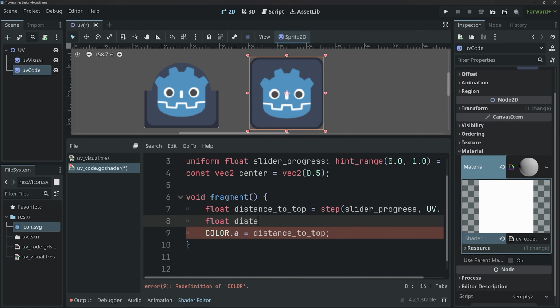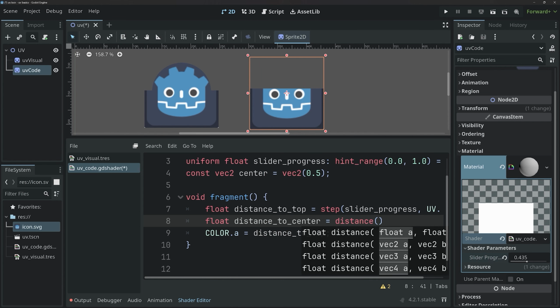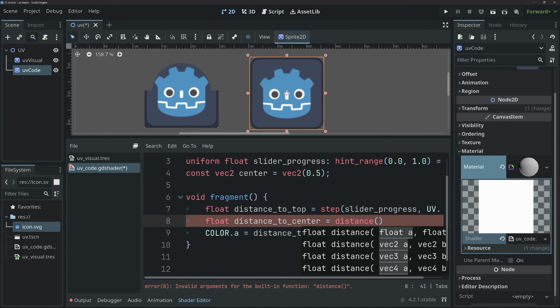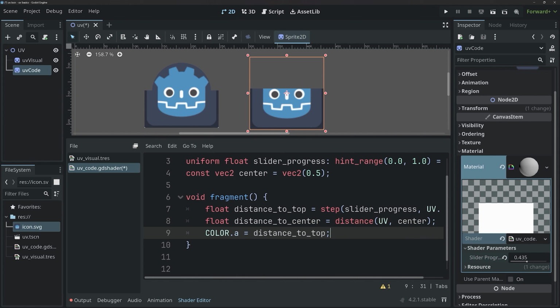Let's call this one distance to center. For that, we simply need the distance, and for that, we will need two vectors. One is UV, and the other is the center. And with that, Godot should stop complaining, and now instead of distance to top, I want to have distance to